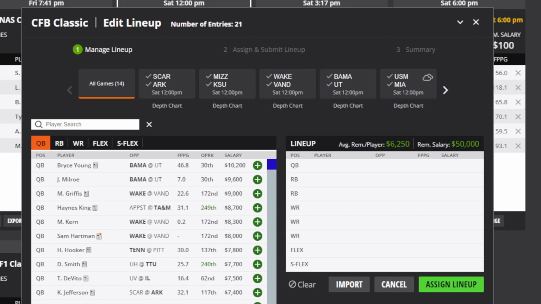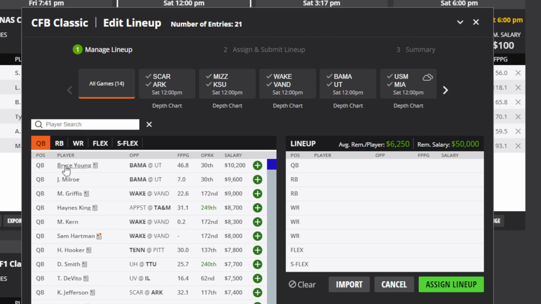Some of these games are going to be pretty high scoring. The only game that doesn't look all that awesome from a scoring perspective is Iowa and Iowa State. The total on that is only 39.5 points, whereas the second lowest is over 50 points on the entire slate. So I'm probably going to try to avoid the Iowa State-Iowa game as much as possible, because neither of those teams is going to have a big scoring game. However, it is going to be a close game. It's one of the tightest games on the slate, only Iowa -3. So anyway, let's get into the quarterbacks overall.